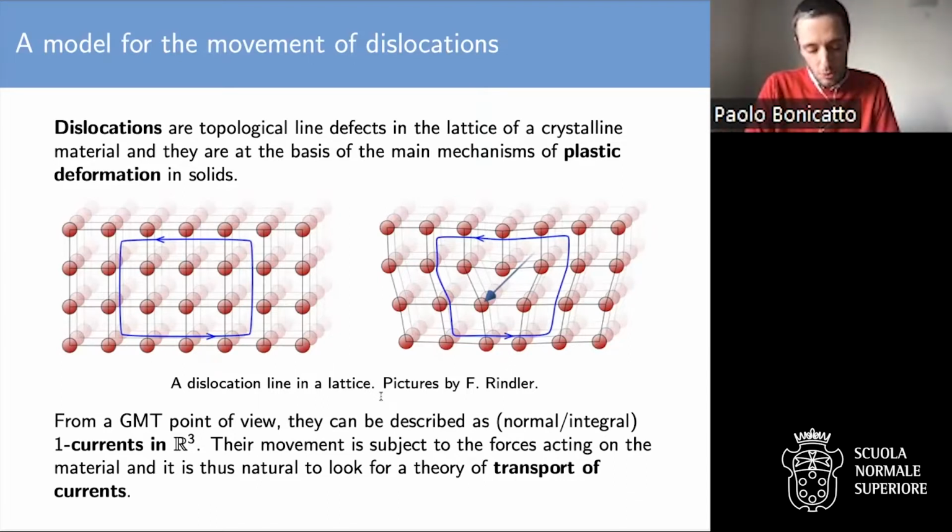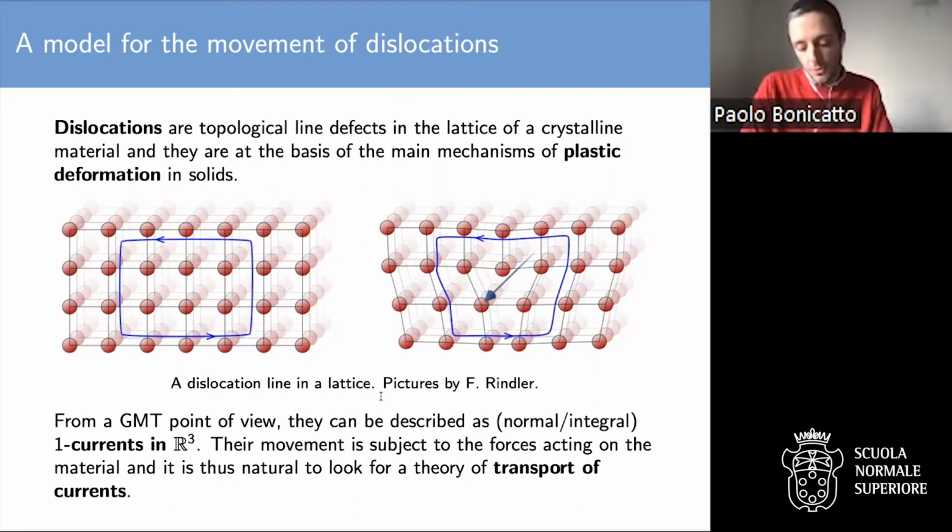To be slightly more precise, and to give hopefully a better idea, one way to understand dislocations is if you give yourself a loop, say a circuit, in your material, and you count the number of atoms or the atomic bonds that such a circuit crosses, and you compare this number with some reference configuration, for instance the perfect lattice. And every time that you encounter a mismatch, every time that you see that some errors occurred in this computation, then actually you have, more or less by definition, a dislocation.